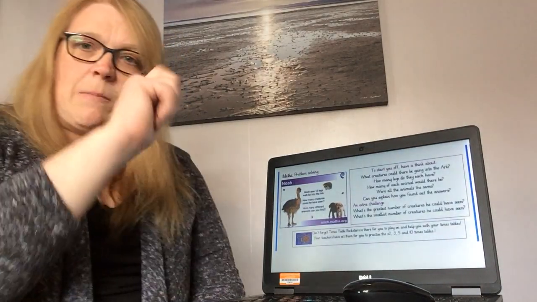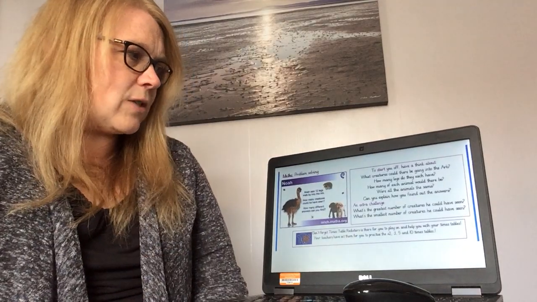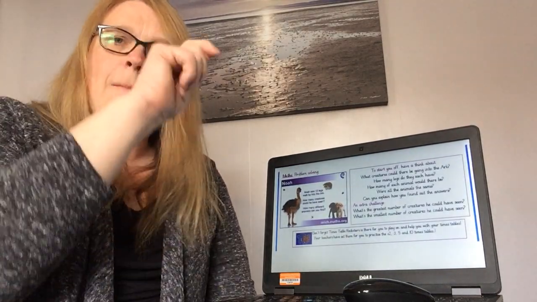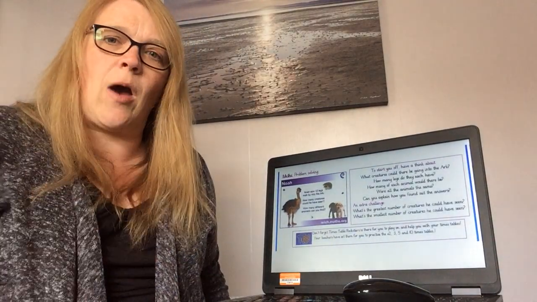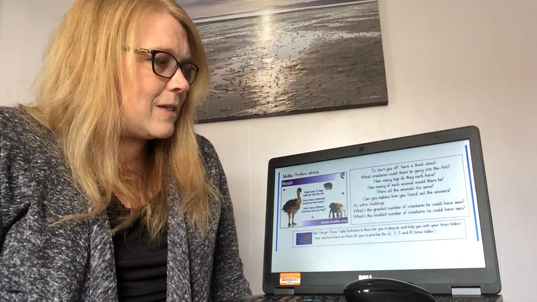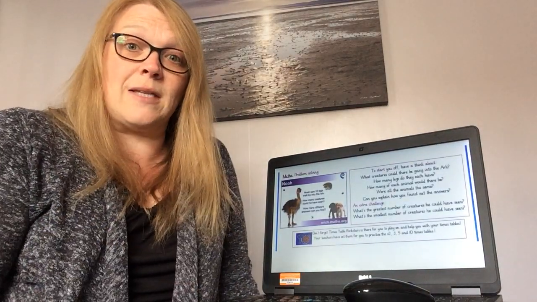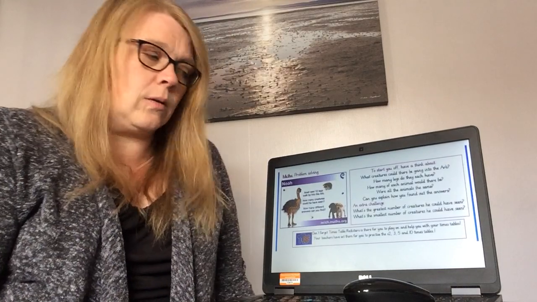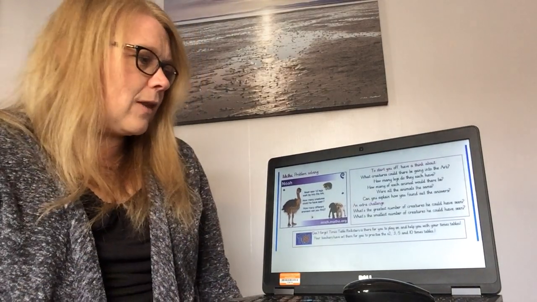So I would get pen and paper out. I'd have a little go at jotting it down, maybe like in previous weeks, make some dots so that you keep track of how many of the legs they've been seen. You might even want to get more creative and draw the animals with all the legs on. Make sure you got your numbers of legs correct though.